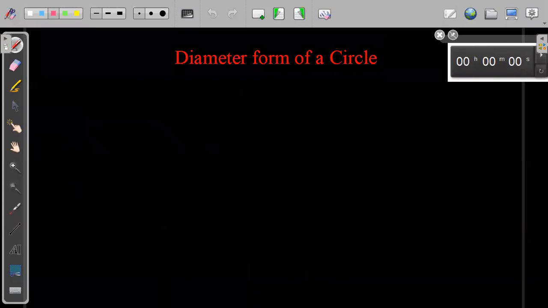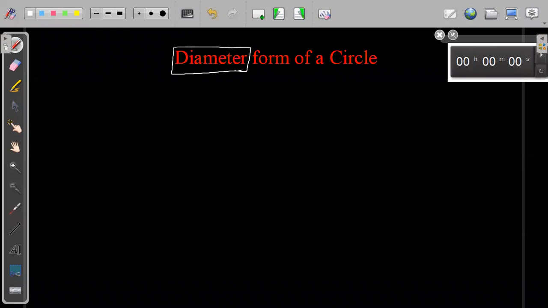Okay, chalo, next is the diameter form of a circle, okay? So this is also a very important form. What is the diameter form of the circle? Suppose they have given you 2 points. In this case you will take only 2 points and find the equation of the circle, but using those 2 points we actually have 3 pieces of information.